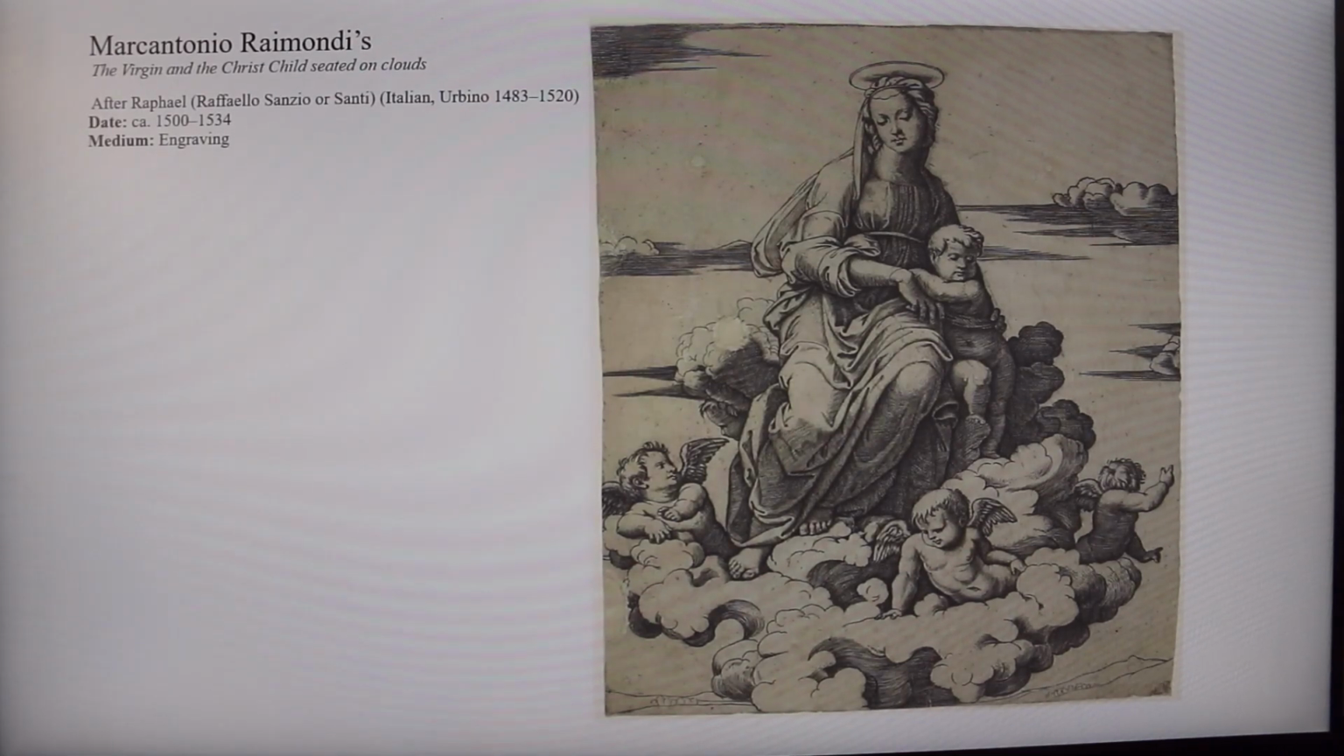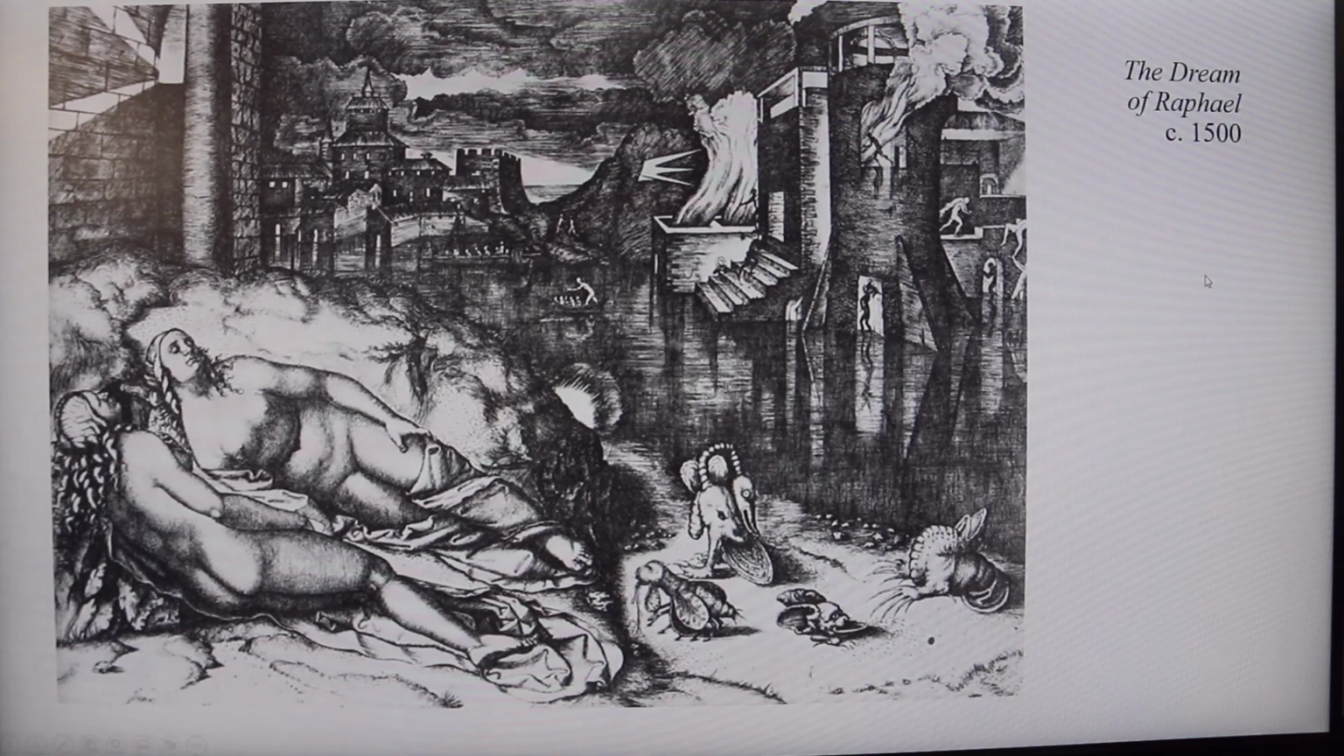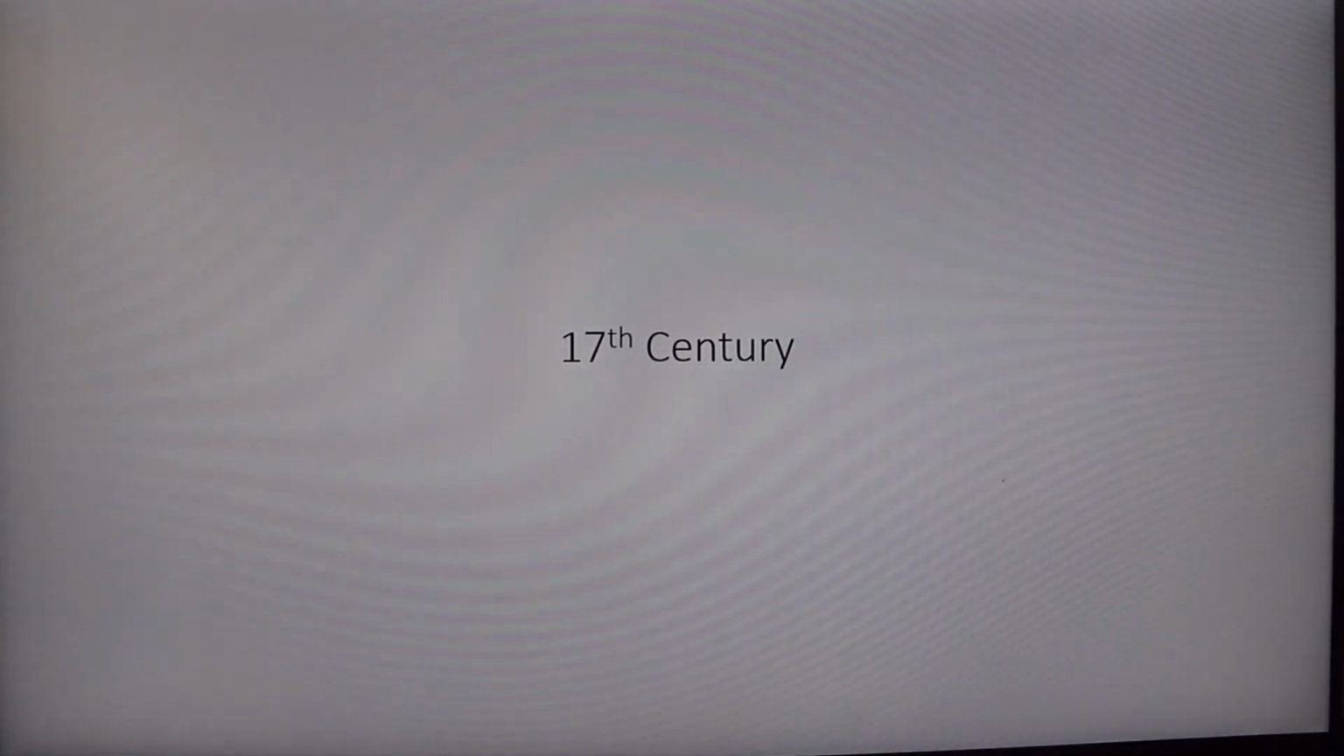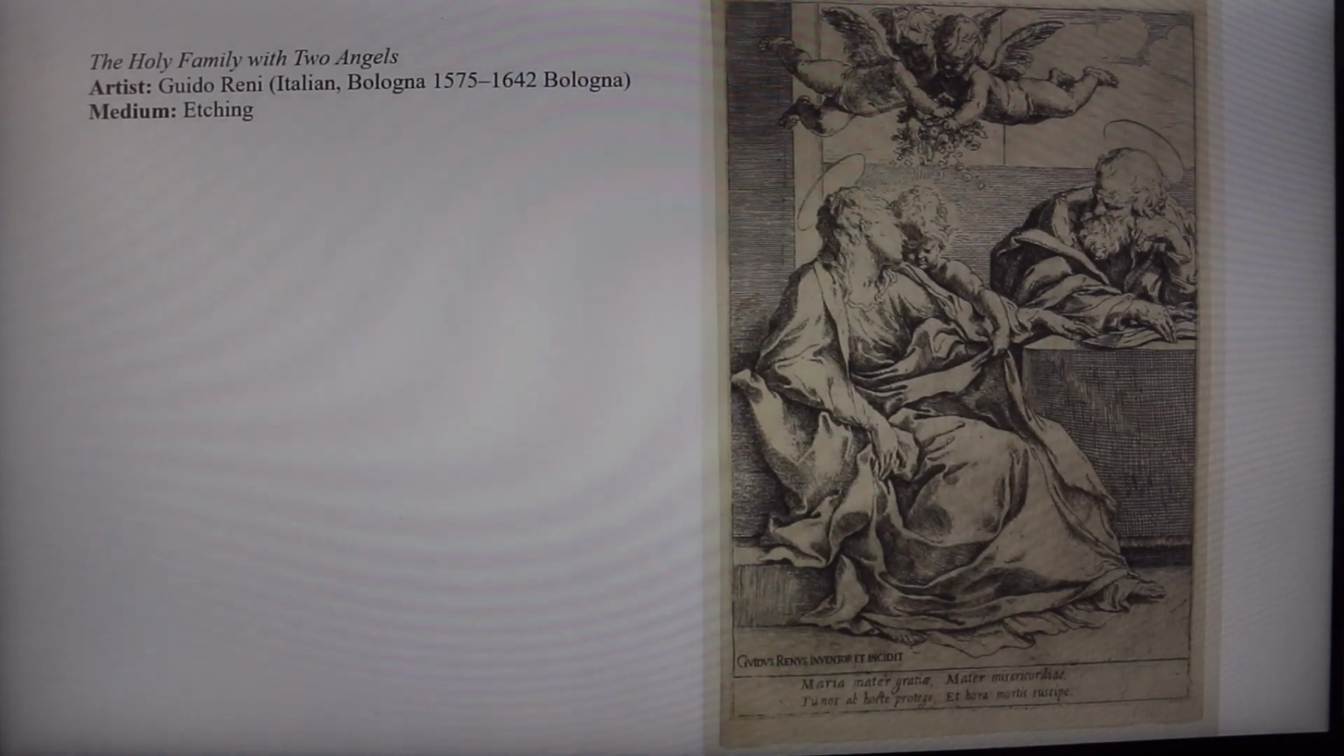And this will be important because it's going to be printmaking that makes newspapers and publications so accessible. The Dream of Raphael is a good example of Marcantonio's work. And you see here, again, the detail. And you can see here the etching process. It's very detailed work. By the time we get to the 17th century, printmaking was